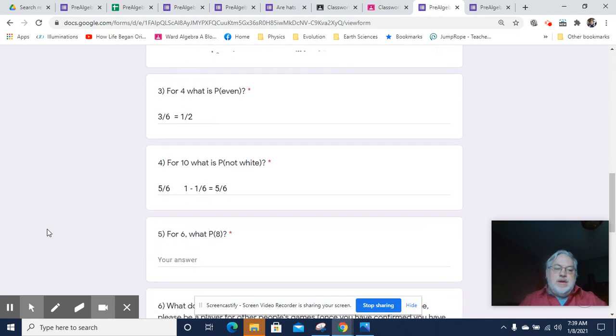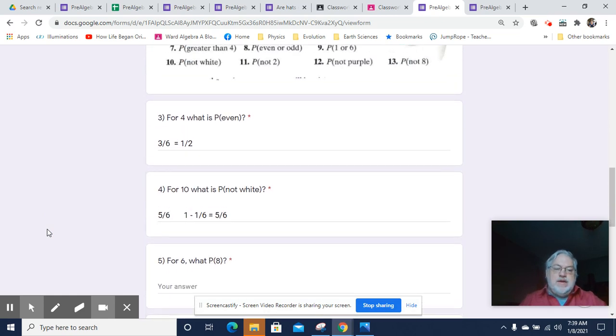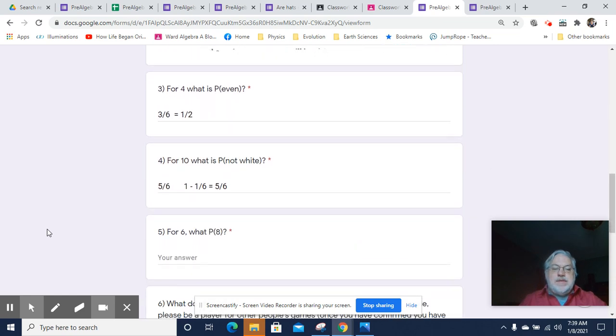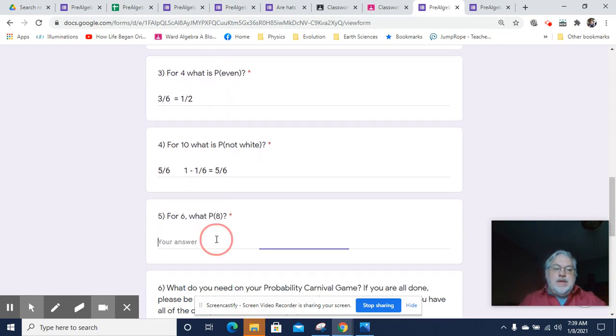Okay, so now we're going to see what is the probability of getting an 8. I don't see any 8s on there. So the probability out of 6 possible outcomes, there are 0 possible outcomes that is an 8. This is an impossible probability. So the probability is 0. I hope that's